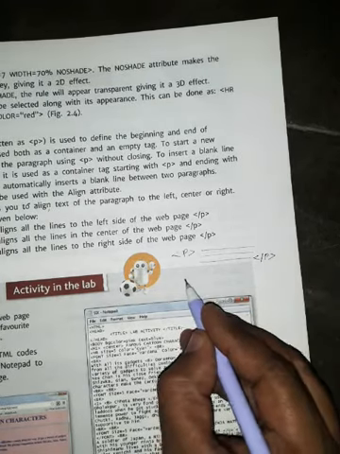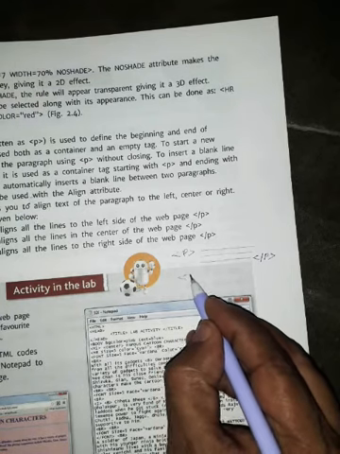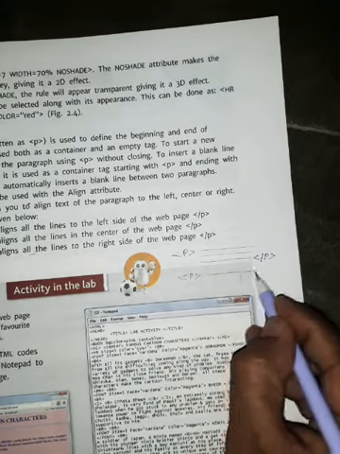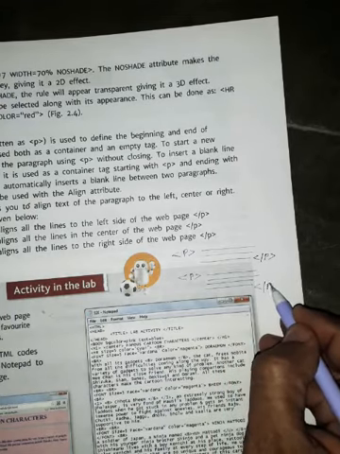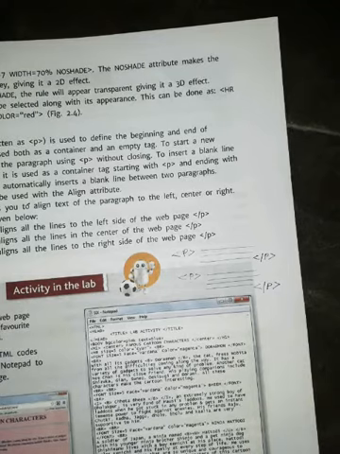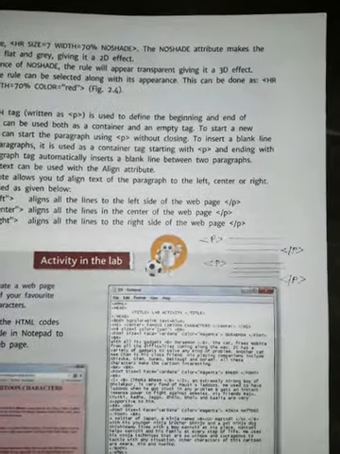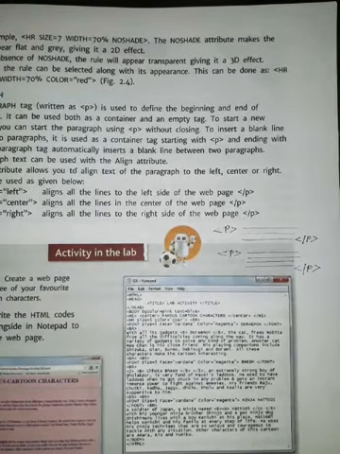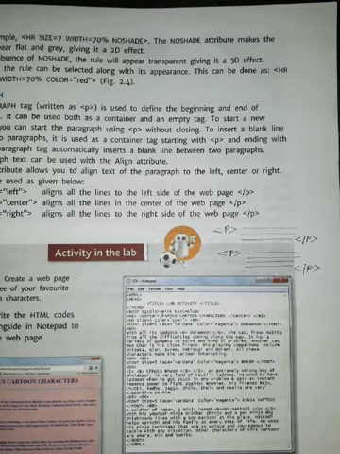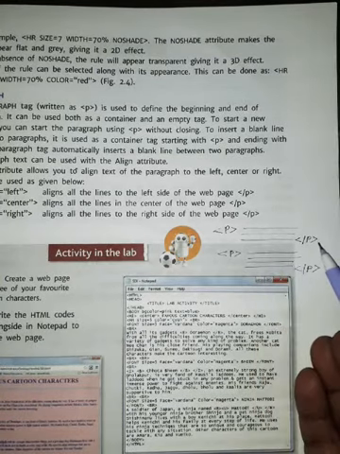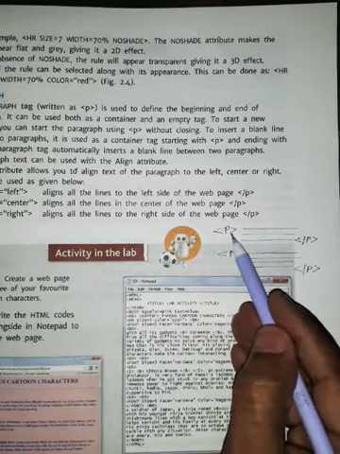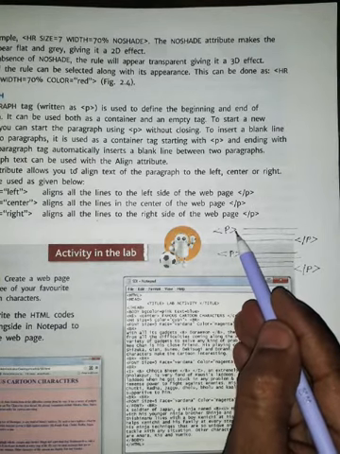If we start the next paragraph, we again put the p tag and write our text as a paragraph, then we close it, then again a p tag. It means however many paragraphs you use in your web page, you will use the p tag for each. Then you can also use align if you want to keep your paragraph in the center, left, or right. So we can write p align left.